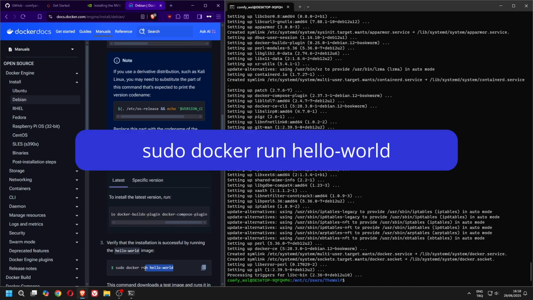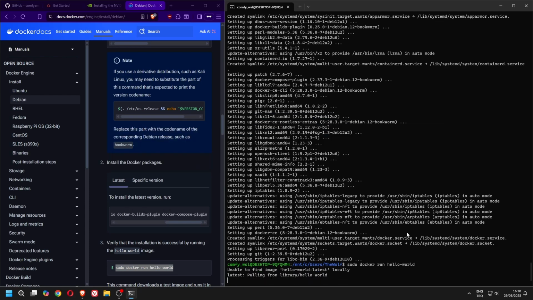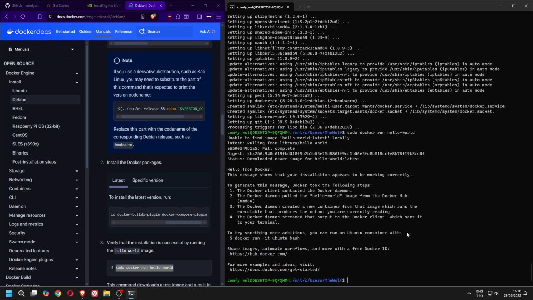Once the installation is complete, use this command. If you see this output on the terminal, the installation was successful.